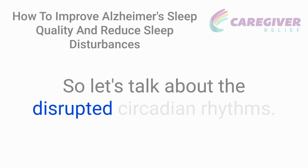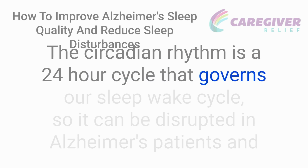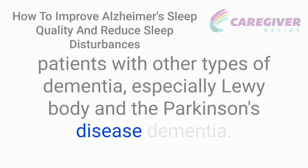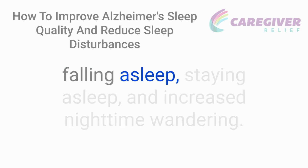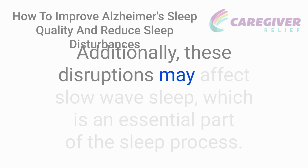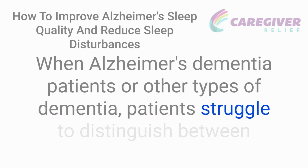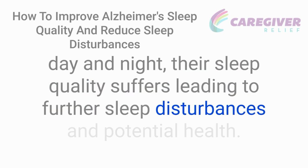So let's talk about the disrupted circadian rhythms. The circadian rhythm is a 24-hour cycle that governs our sleep-wake cycle. It can be disrupted in Alzheimer's patients and patients with other types of dementia, especially Lewy body and Parkinson's disease dementia. This disruption can lead to confusion between day and night, resulting in difficulty falling asleep, staying asleep, and increased nighttime wandering. Additionally, these disruptions may affect slow wave sleep, which is an essential part of the sleep process. When dementia patients struggle to distinguish between day and night, their sleep quality suffers, leading to further sleep disturbances and potential health